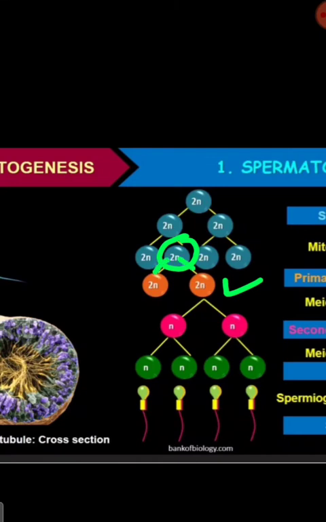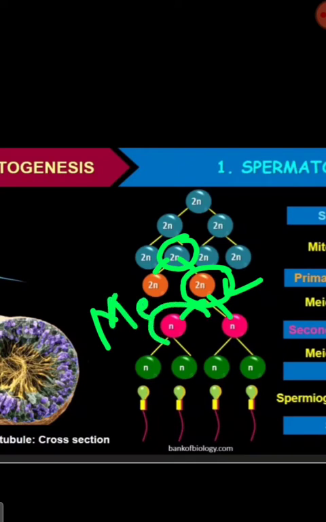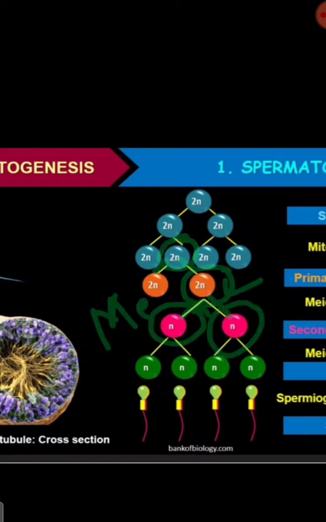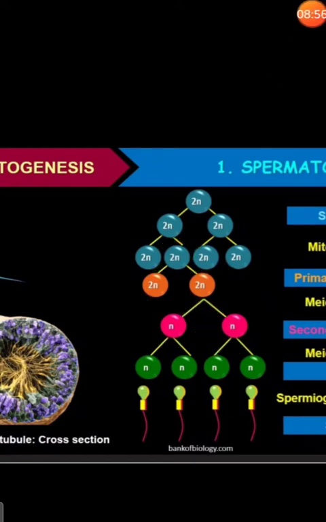But then this primary spermatocyte will undergo meiosis 1. This meiosis will help in producing the haploid n cells, right? And these haploid n cells will undergo meiosis again to produce